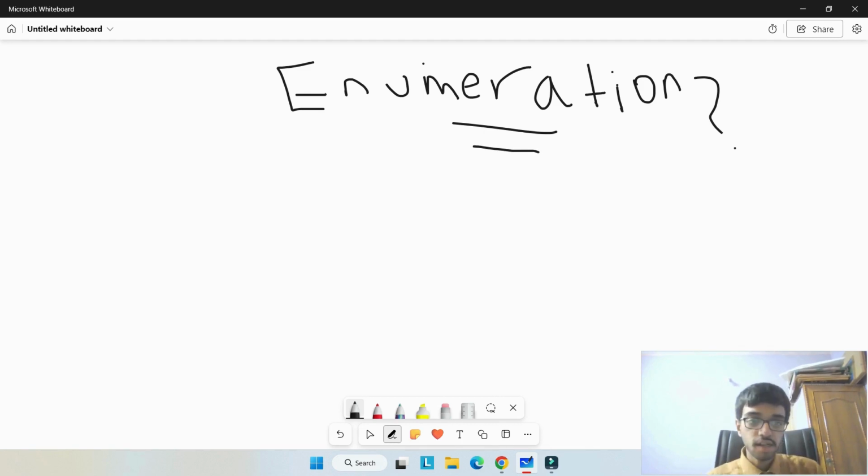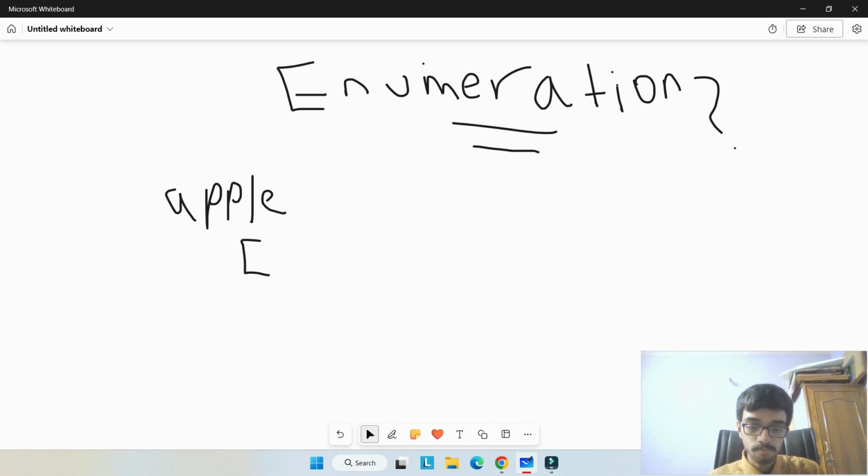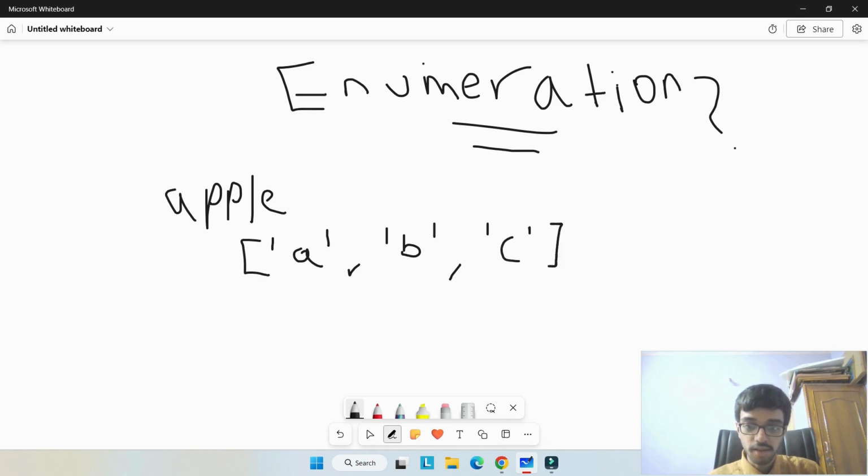It is defined as taking some value, which can be a string, a list, or any other data type in Python and giving it an index. Like, let's say I take this list. I'm going to be giving it an index which goes like this.